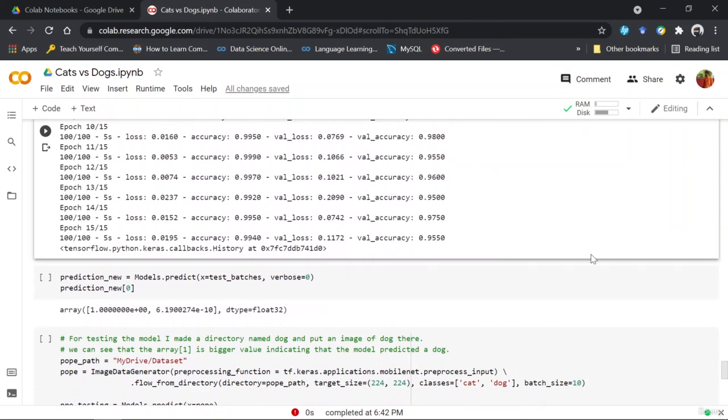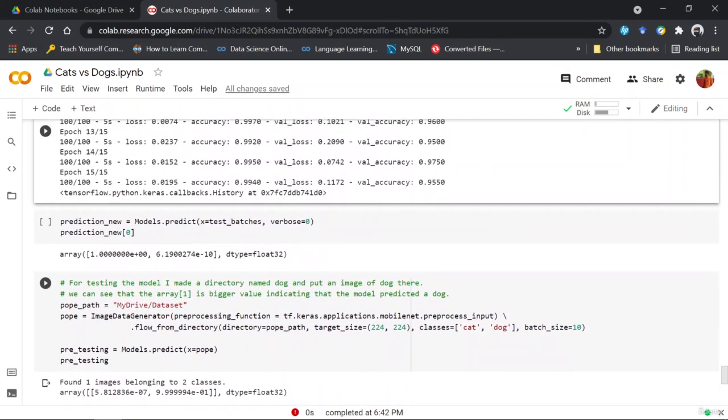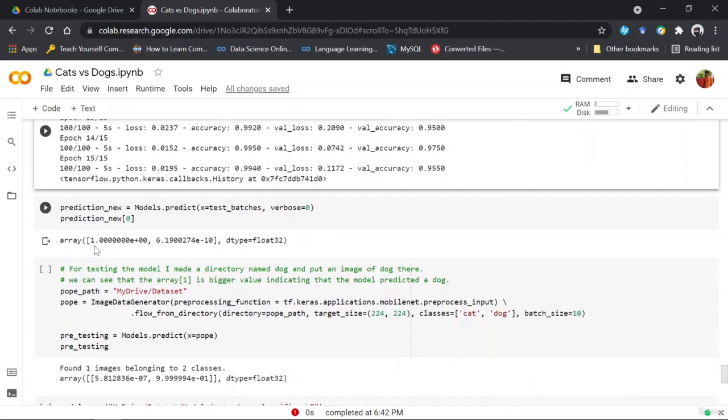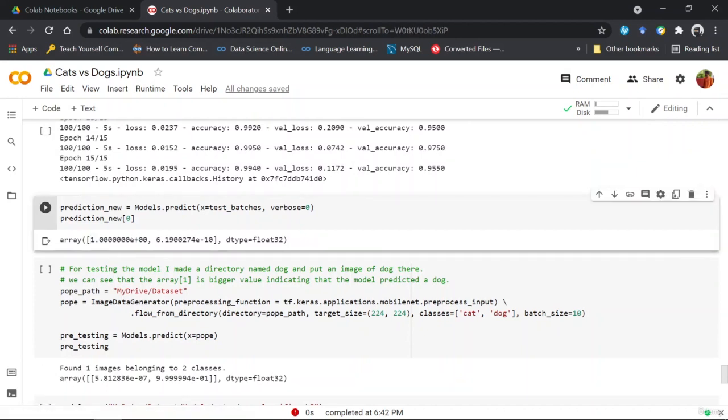At this point we have just trained the model. Now we are using it to predict. You can see that the array found is of length 2. If it is telling me 1 on the 0th index, it is a cat. And if the 1 was on the first index, then it would tell me that it is a dog.